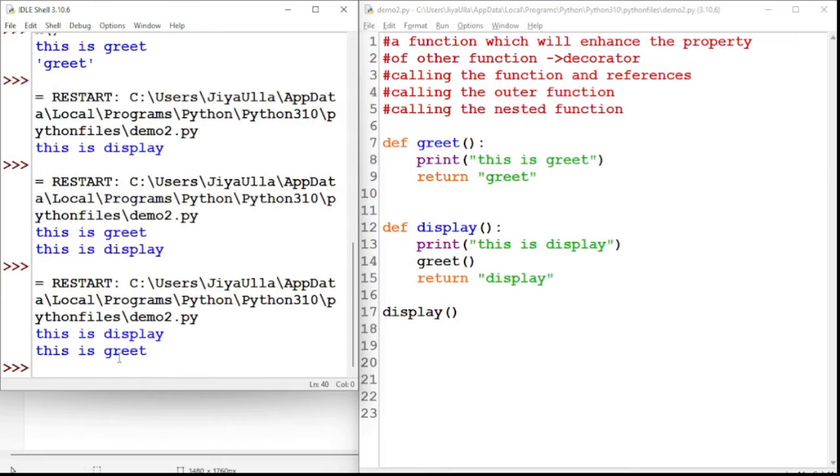Now also I am getting the same thing with some changes. First print statement will execute, then greet function will execute. Okay. This is nothing but calling the outer function. Next, what I will do,